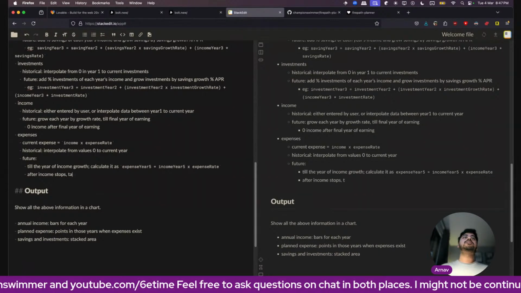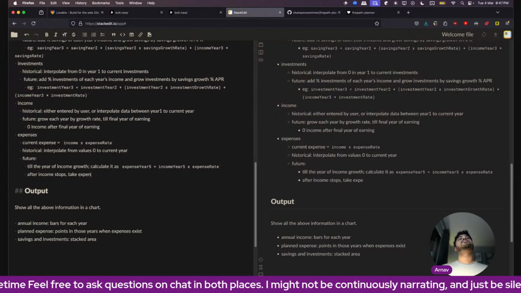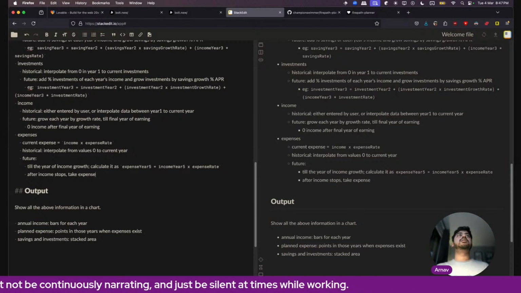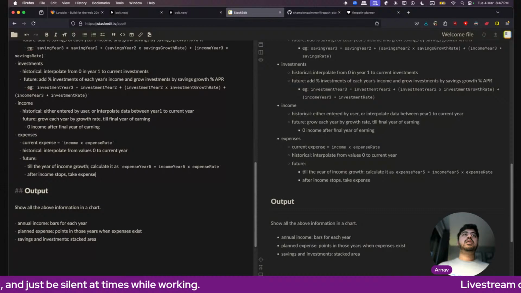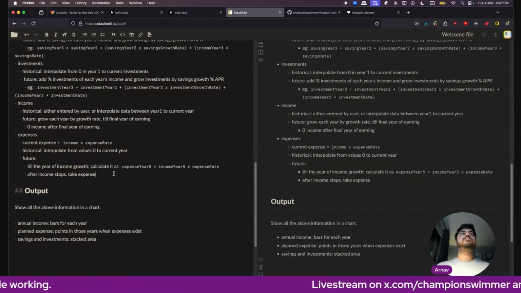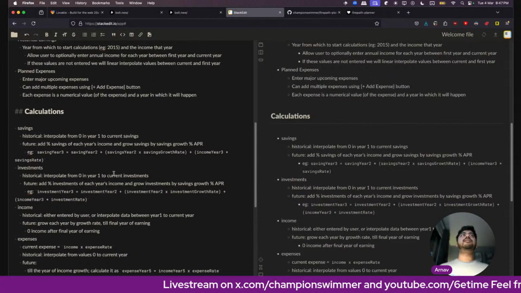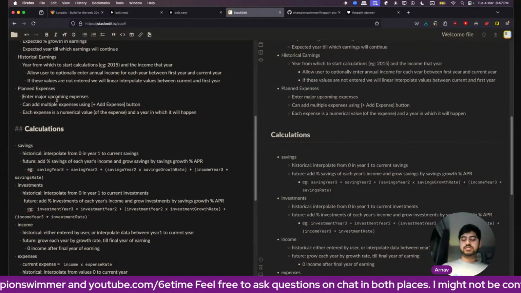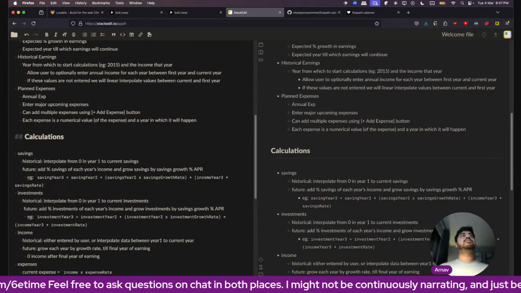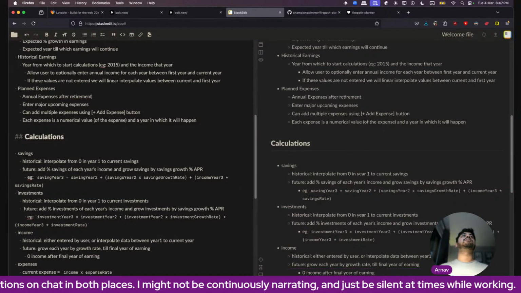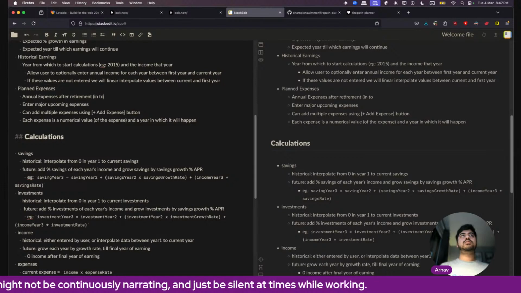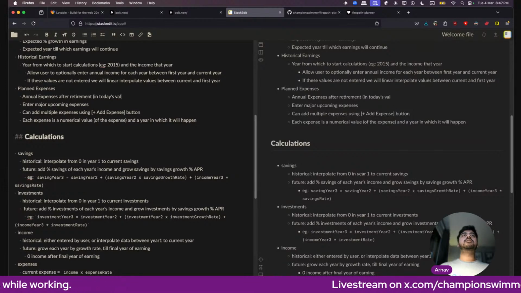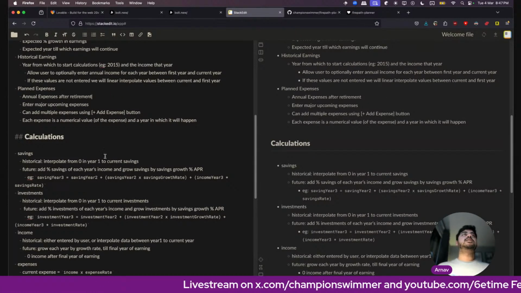After income stops, I think when people retire, they probably spend in a different way. Let's just say annual expenses after retirement, let's probably take it simple.